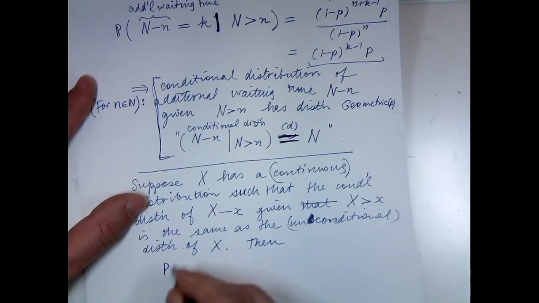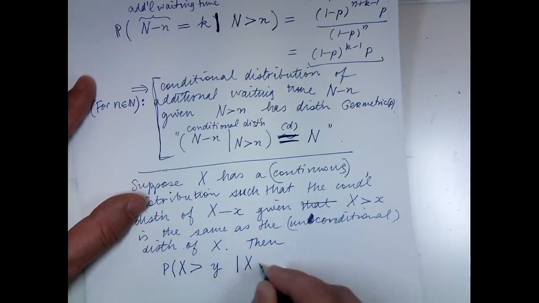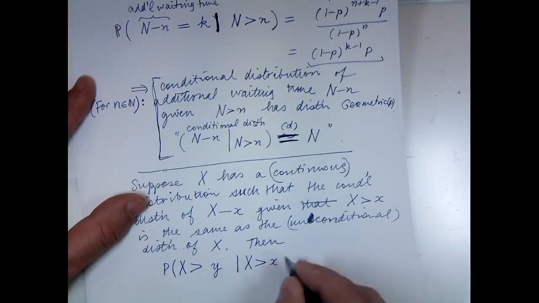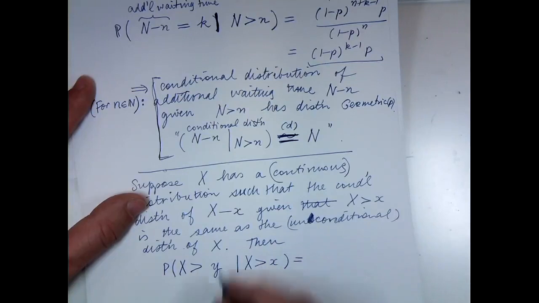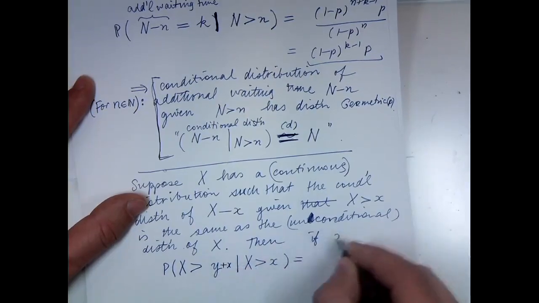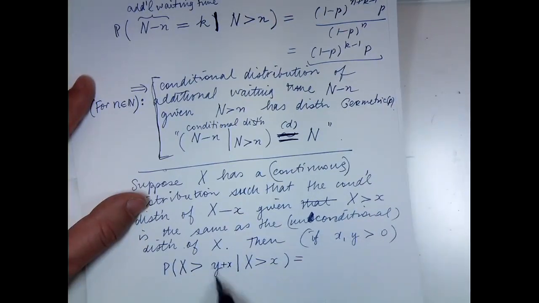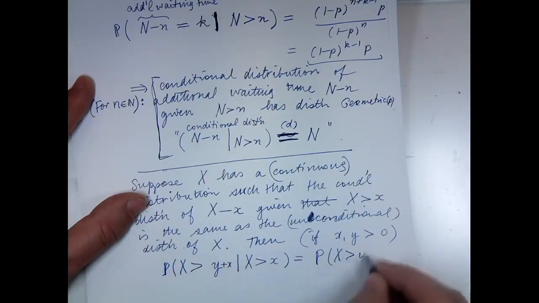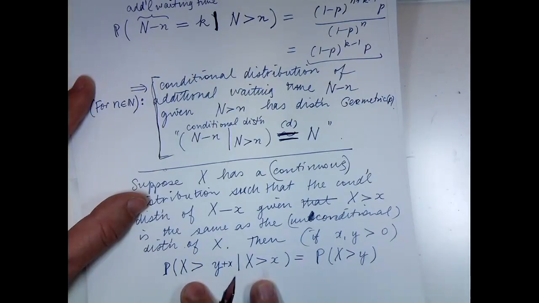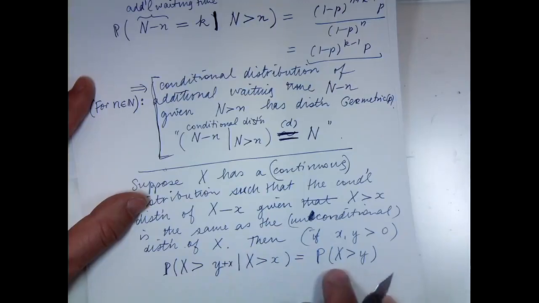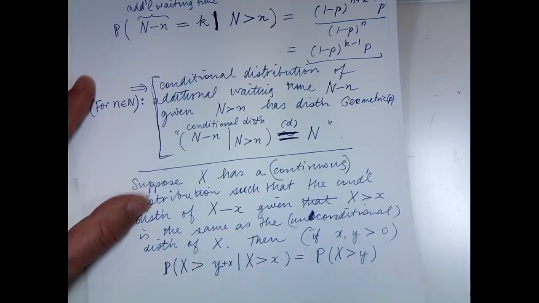If x and y are positive numbers, then the chance of going y additional time past the waiting time x, given that you're bigger than x, has to be equal to the probability that X is greater than y to begin with. Because this is the conditional distribution of capital X minus little x being bigger than y, and this is the unconditional distribution of X being greater than y. So the loss of memory property says that